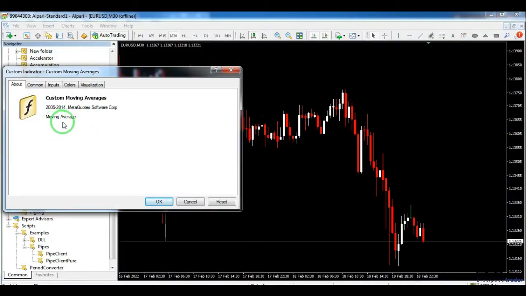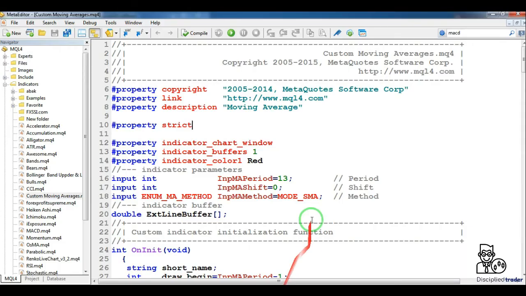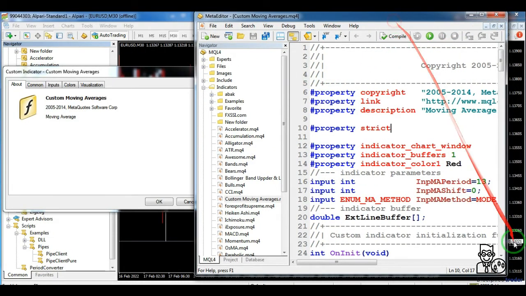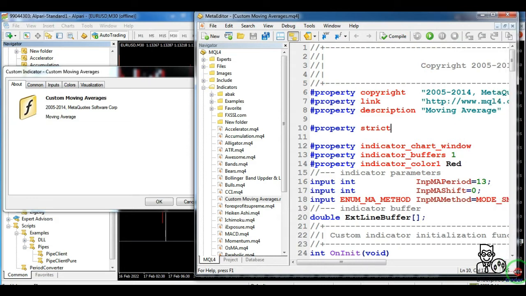In the next line, an explanation is given. I put these two pages together. I will explain the lines in the source. The first line is about copyright.